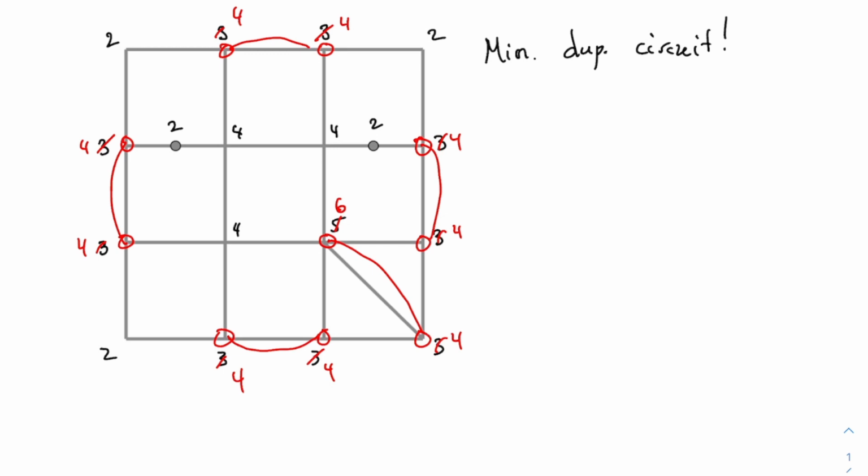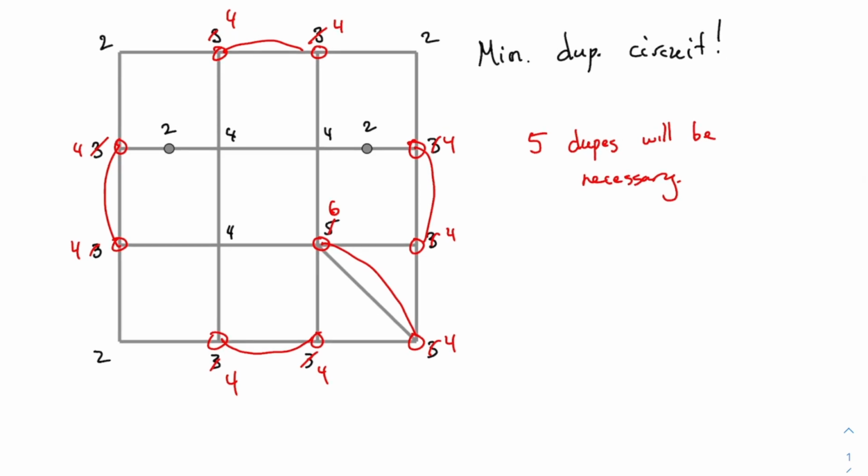If I wanted to make life easier for you on the test, I might just say, tell me which edges you might have to duplicate if you drew a minimum duplication circuit. In that case, you could stop right now. According to what I've got so far, 5 duplications will be necessary, right? If I wanted to make it an easier problem, I might just ask how many duplications you are going to need for a minimum duplication circuit. But if I say find a minimum duplication circuit, you can't stop here. The next step is to actually draw in the circuit, which covers every edge and duplicates those 5 edges